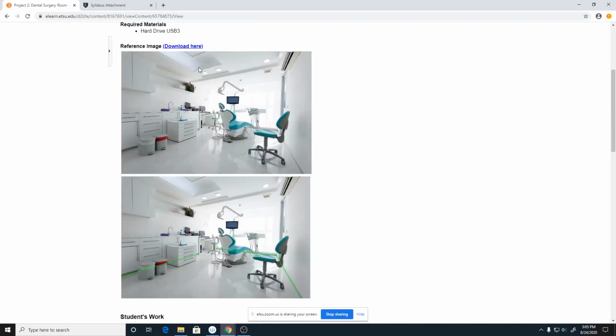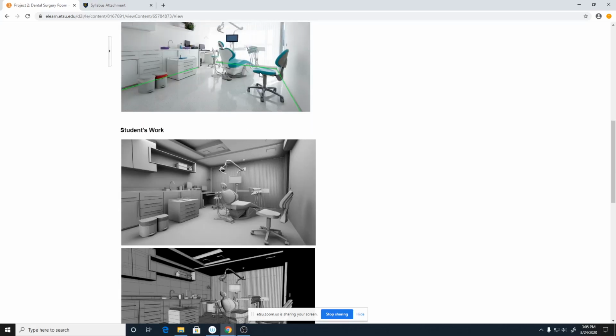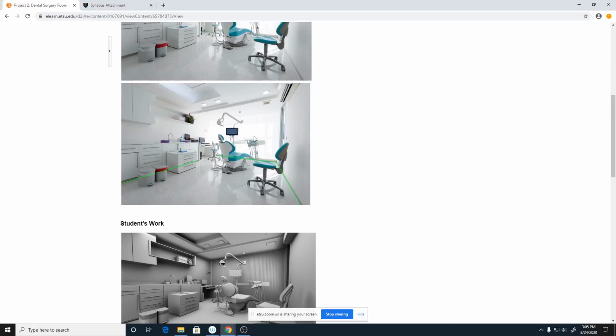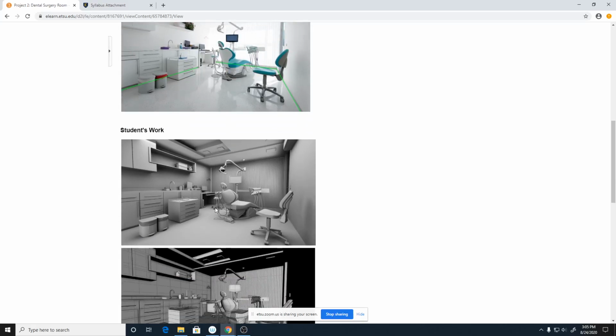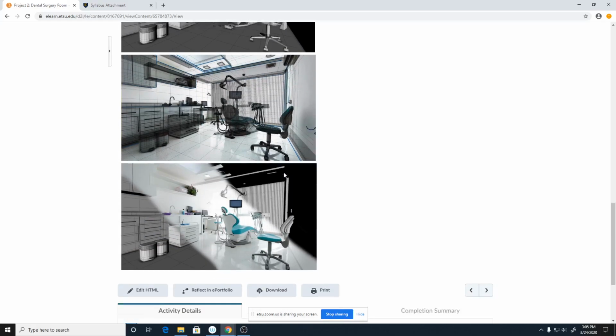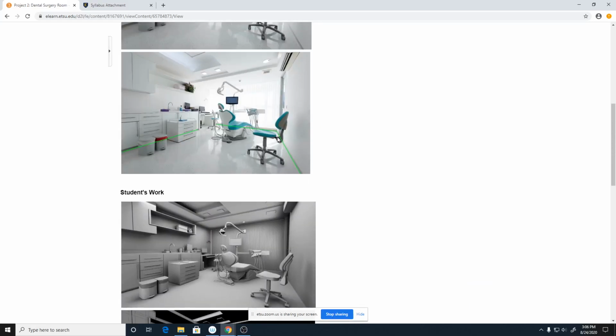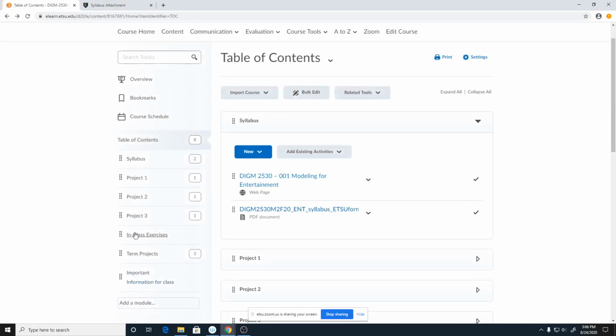dental surgery room. So you can download the reference file here. I will show you how to set up the camera so that you get close to or exactly like the reference camera shot. And then you build it, you will light it, and this one is not A+1 because the lighting is still slightly different. And you show the comparison. So you use Photoshop to overlay and show the wireframe, see if it matches with your original reference or not. So that's project 2. And project 3,